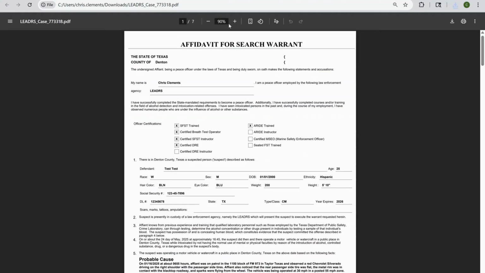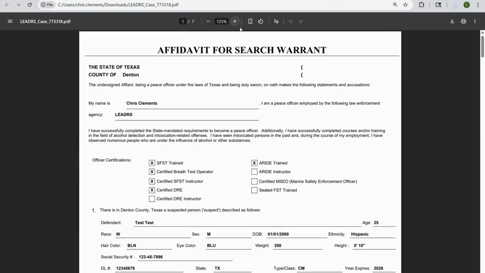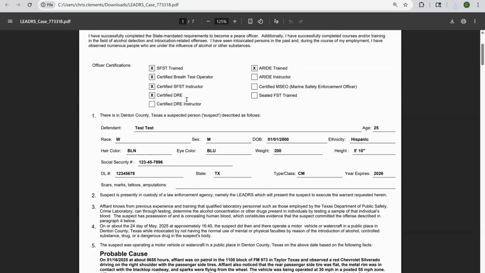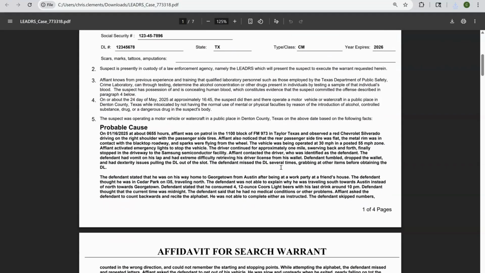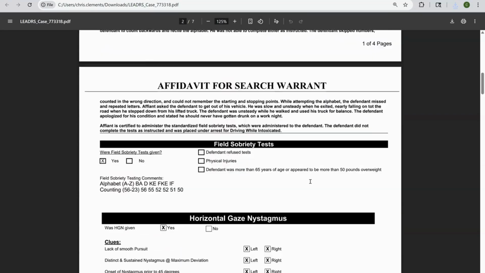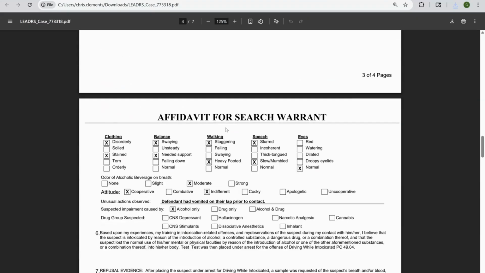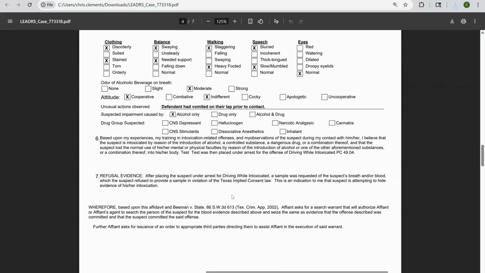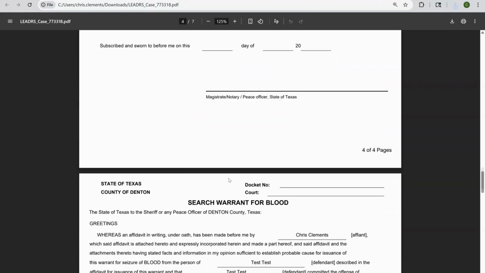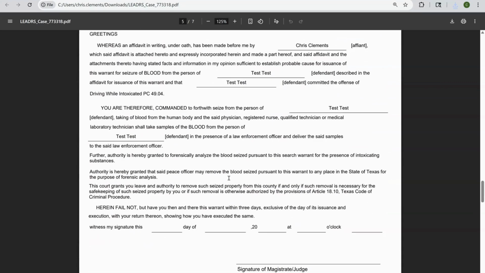The first page of the PDF is my affidavit. If you take a look here, you will see all of my certifications that were put onto my resume page. All the defendant's information, our probable cause narrative, all the field sobriety test information that we entered, and all of our defendant observations and other information. You could apply a PDF signature here, but typically this form is printed and wet signed by you and then